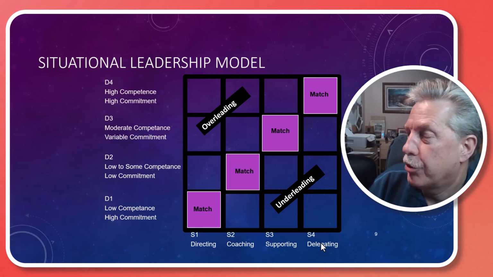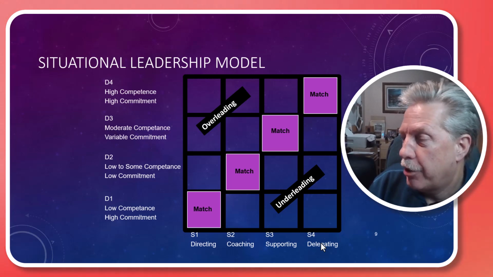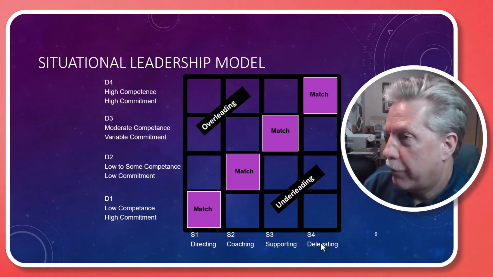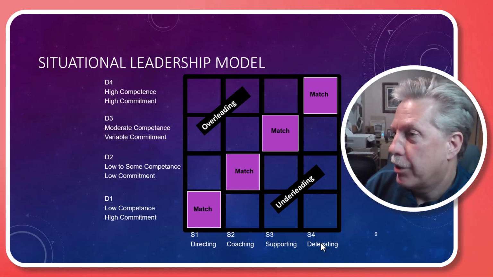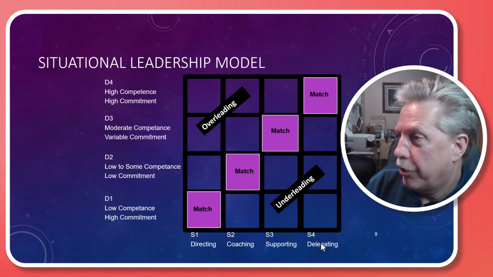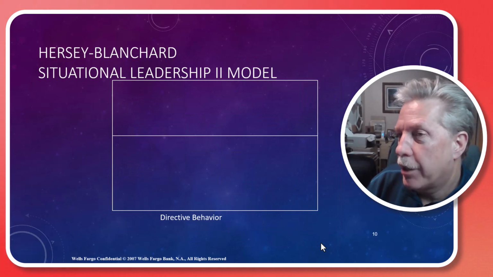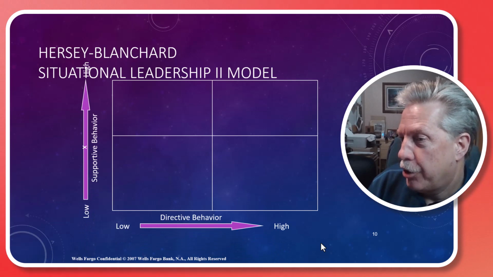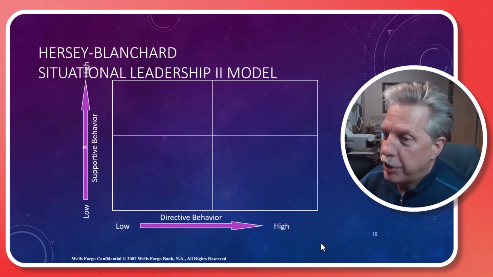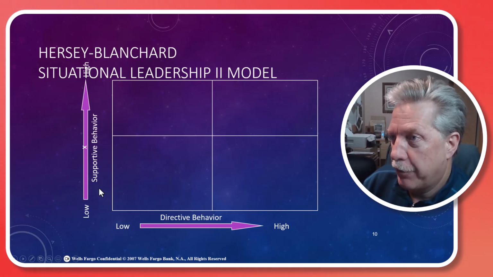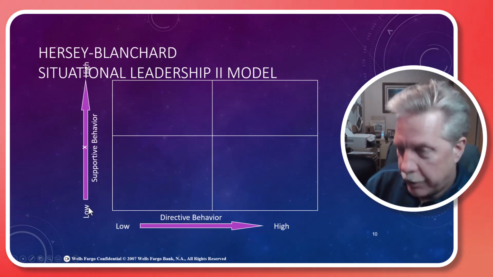So obviously you want to keep in mind this particular framework, that you have development of the individual on one side, and then you modify your style of leadership based on the competency of the person you're working with. They identified this 2x2 model: on the bottom, you have directive behavior from low to high, and then you also have supportive behavior moving from low to high on the